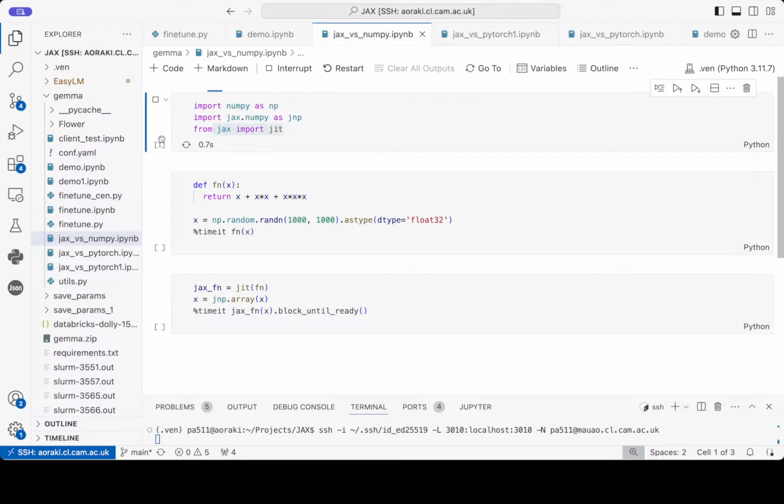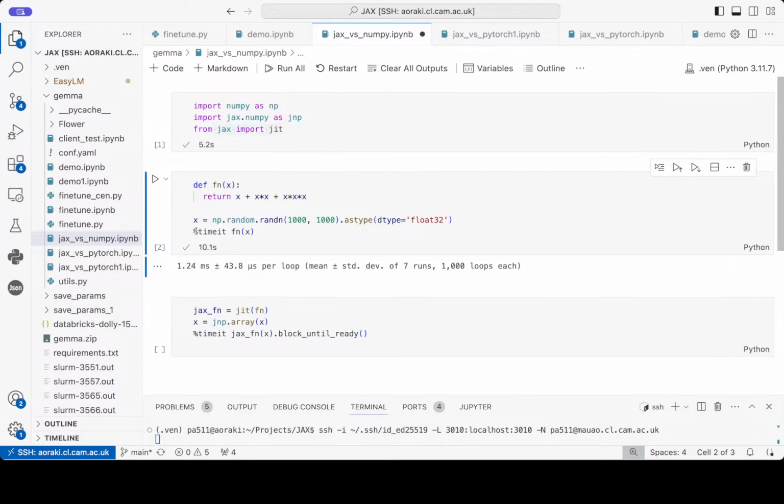First import, and then I'm going to run the NumPy version of this right now. So this little flag here is called timeIt. It times the execution of a function, I think a few thousand times, and then prints a little statistic on how quickly this function executed. So you can see here, the NumPy version executes on average in 1.24 milliseconds. So NumPy takes 1.2 milliseconds to do however many computational cycles it was supposed to do.